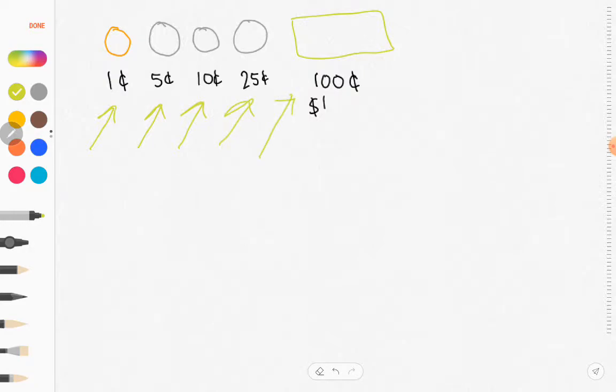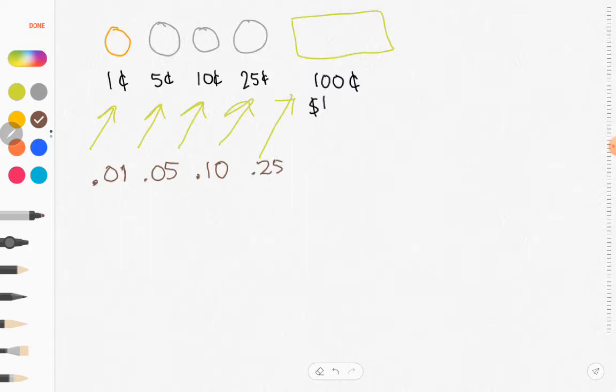There are other currency coins, but we're not going to talk about those. We're just going to deal with the normal ones we see every day. Alright, so when we write our money in decimal form, a penny is worth 1/100th. A nickel is worth 5/100ths. A dime is worth 1/10 or 10/100ths. And a quarter is worth